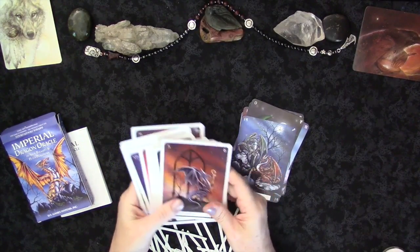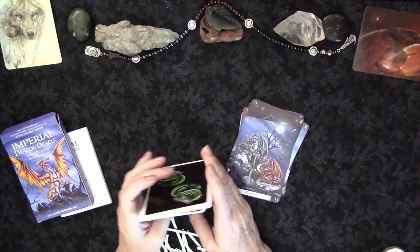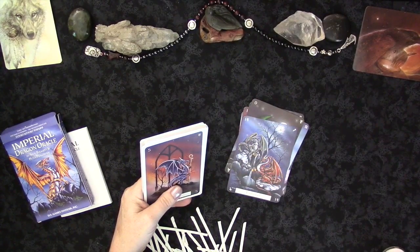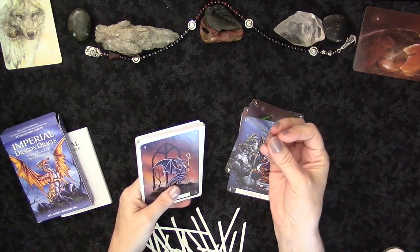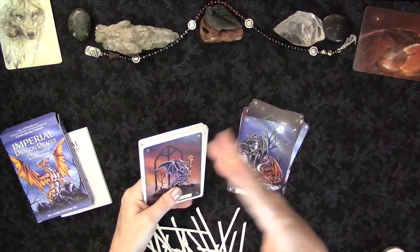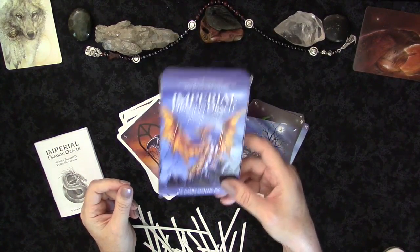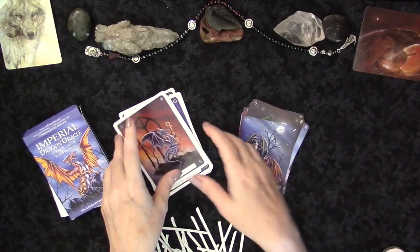I was just going to trim these and had this terrible feeling that when I deleted a different video... Normally when I import, if I've done a couple videos on a stick, I'll try to import them in separately, but I had this awful feeling that I imported them all into one folder, so to speak, and then when I was done with that video I deleted all the footage, and so I deleted my footage for the Imperial Dragon Oracle, which I'm going to be doing a walkthrough of today, but